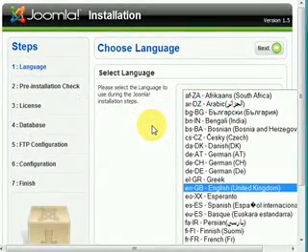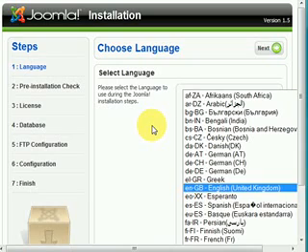Hello, in this tutorial we're going to install a fresh copy of Joomla 1.5. We're running at a little bit smaller screen resolution than normal. Hopefully it'll be clear for you to view the lesson. This tutorial also assumes that we've already uploaded our Joomla 1.5 installation files to our web server and we've already